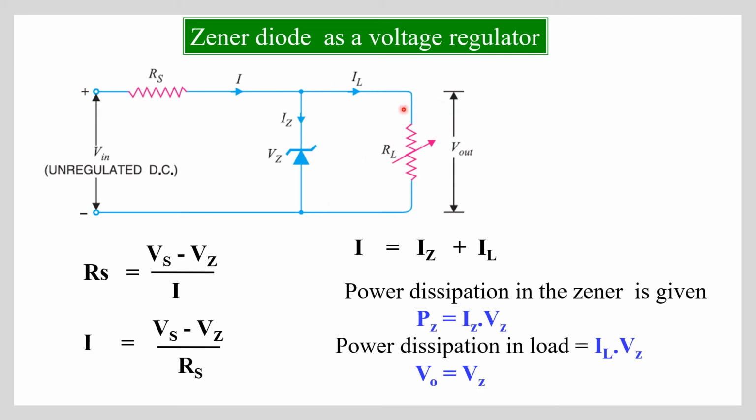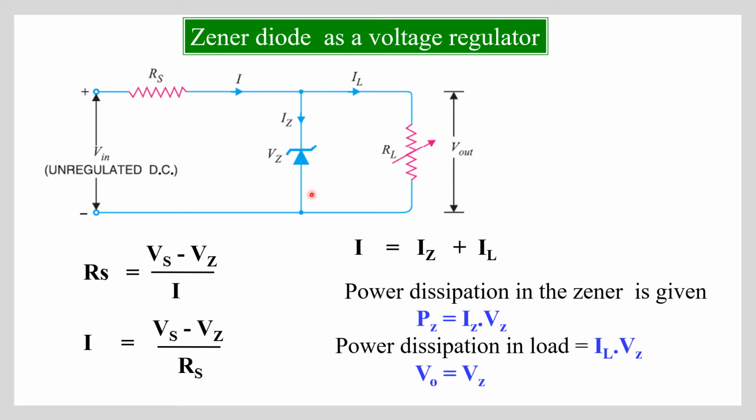The Zener diode is used to regulate the voltage across the load when there are variations in the supply voltage or the load current. The Zener regulator is connected between the output of the filter and the load. It consists of a current limiting resistance, Rs, connected in series with the input, and the Zener diode is connected in parallel with the load resistance RL. It is connected in parallel, or in shunt. The Zener diode is in reverse bias.